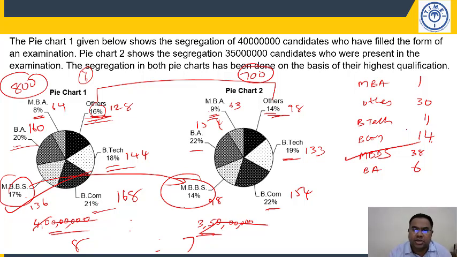Right, students, we'll stop here. We have taken up 2 sets on tables, 2 sets on pie charts. These are from your recent SSC CGL exam. This one is slightly calculation based. In tables also you have seen one was easy and one was calculation based. You don't know in your slot which type of DI you will come across. You have to be ready with both types of DIs, right? Calculation based as well as non-calculation based.